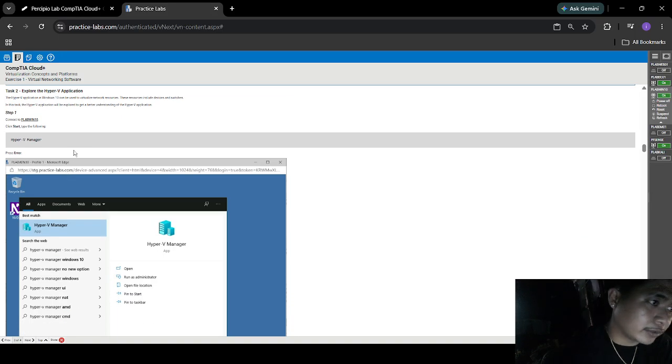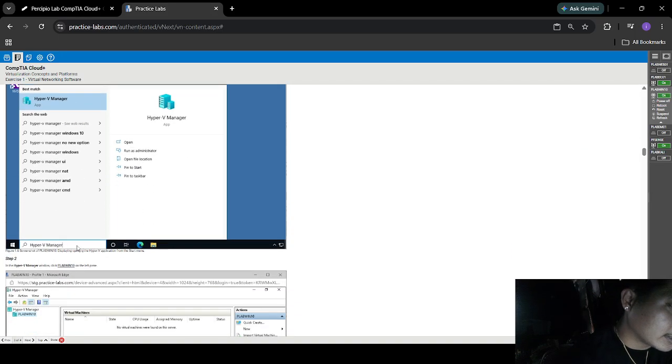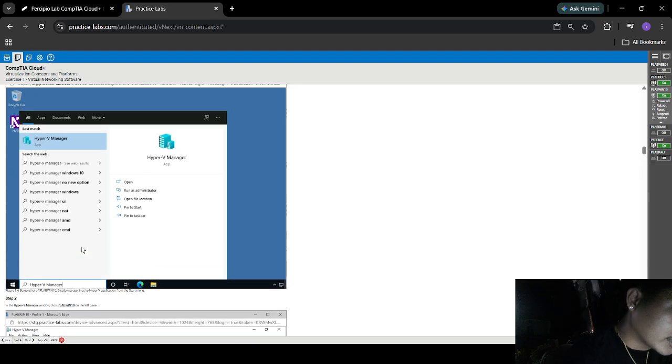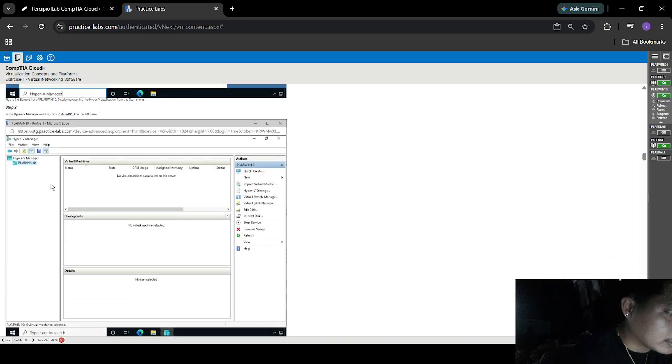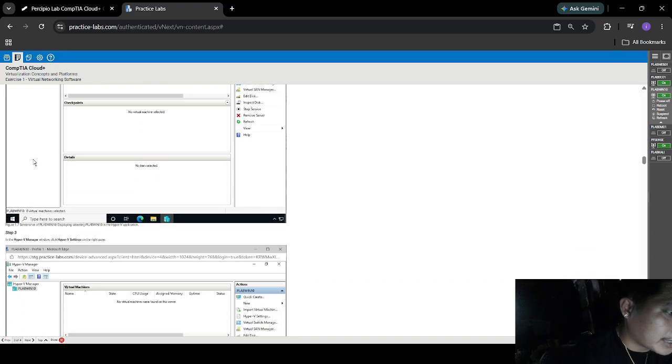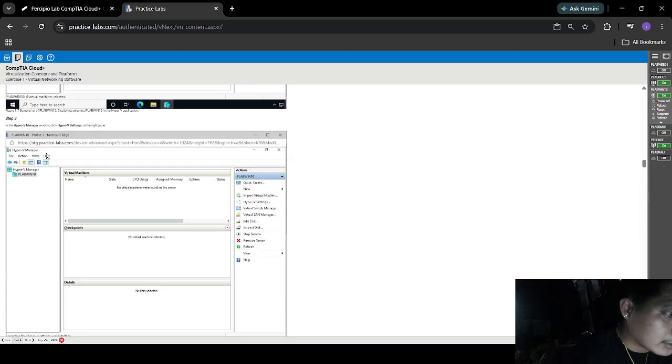Again, connect to PLAB Win10 and in the search bar, search for Hyper-V Manager. In Hyper-V Manager, click the PLAB Win10 and after that, in the Hyper-V Manager window, click Hyper-V Settings.